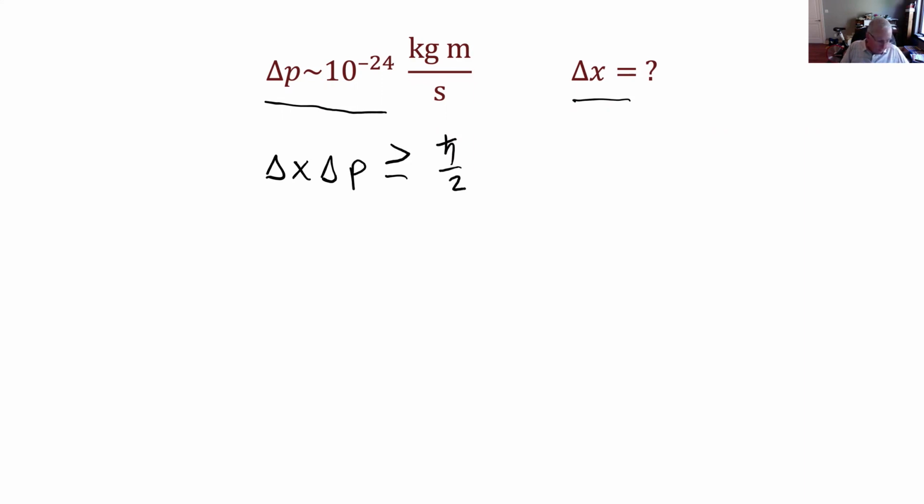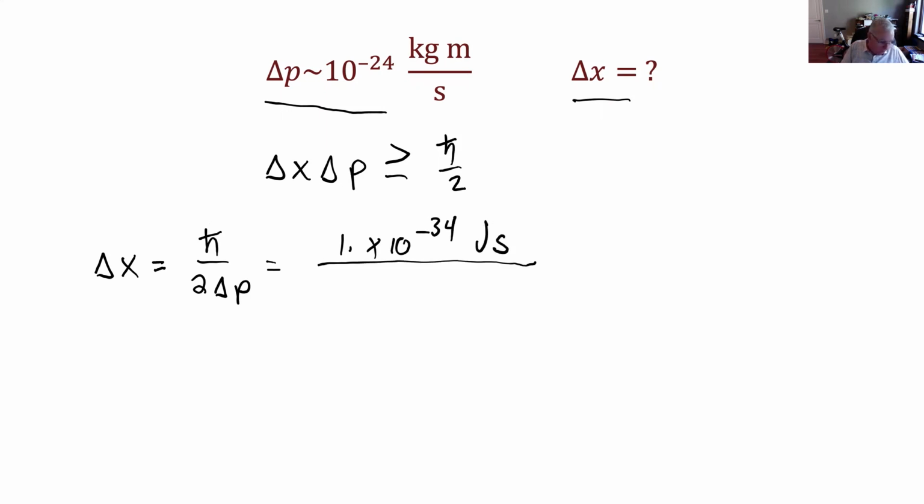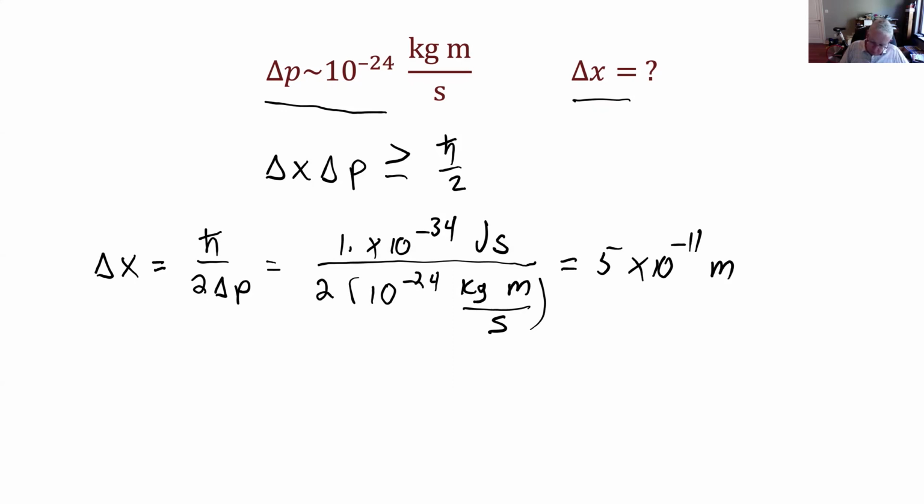So I'm going to take the equality point there. That would give me delta x, which I'm going to use here as delta r, equal to h bar over 2 delta p, where h bar is about 1 times 10 to the minus 34th joule seconds. Again, I'm just in orders of magnitude here. So down here I've got a 2, and I'm going to put in 10 to the minus 24th for my uncertainty in my momentum. If I multiply those out, I get about 5 times 10 to the minus 11 meters, which would be on the order of 50 picometers,